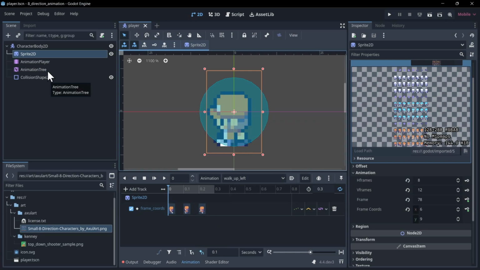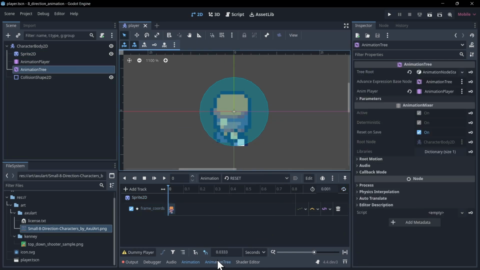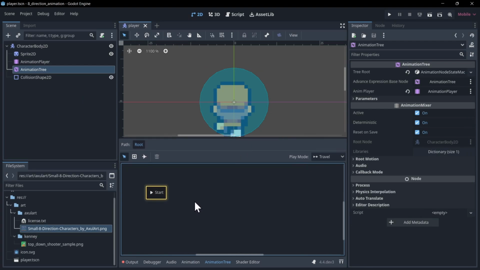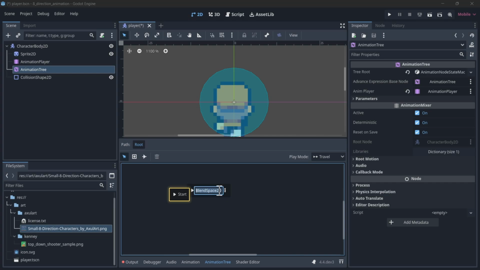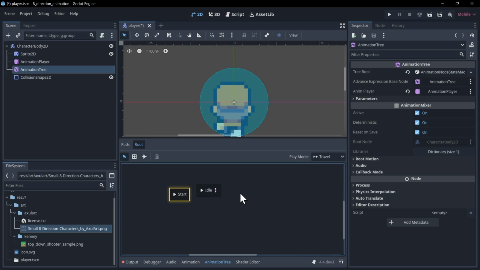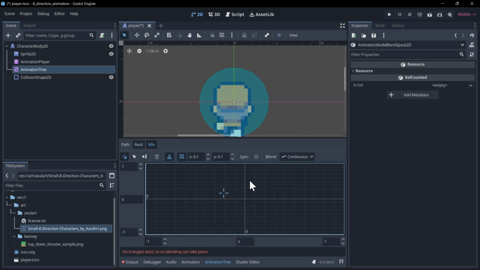Okay, so now we need to go to the animation tree. We're going to look at animation tree here. We want to create a couple blend spaces. So I'm going to right click and do a blend space 2D. So let's call this the idle. And then right click, blend space 2D. This one will be walk. So in idle, we kind of have up, down, left, right, and then 4 corners. So we use that for the positioning of our